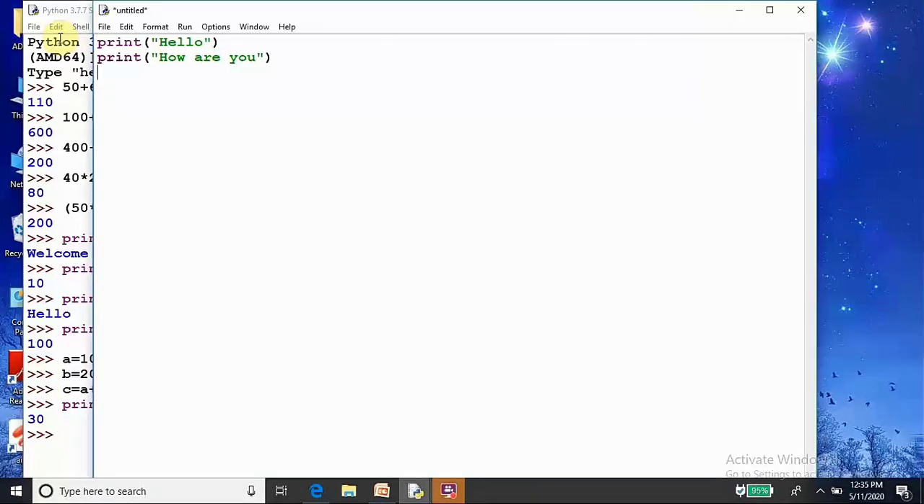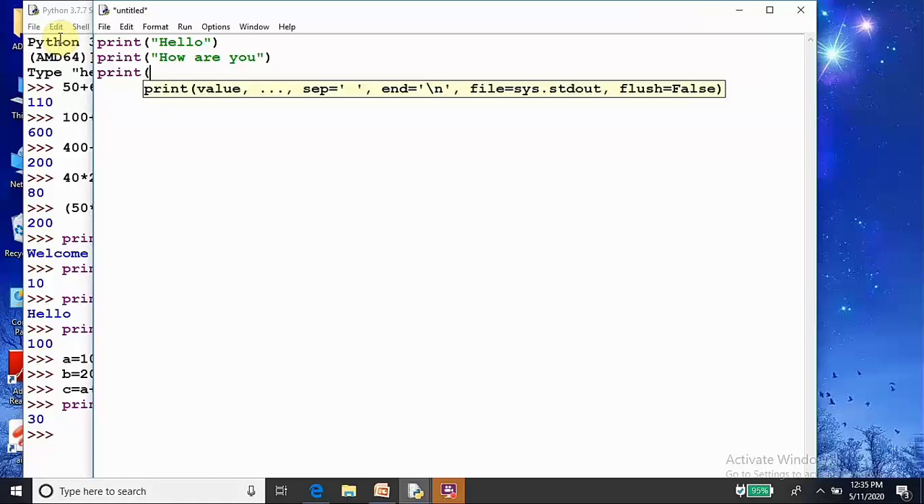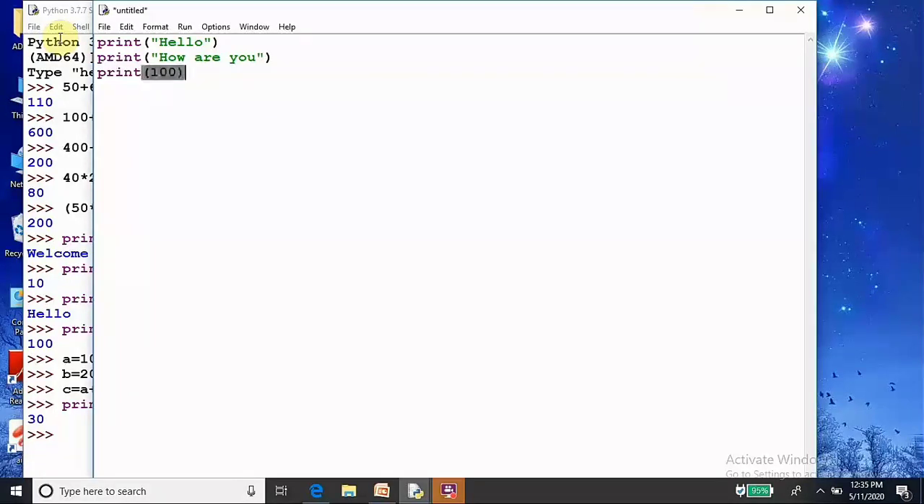As this message hello or how are you is enclosed in double quotes, these are the strings. Hello is a string, how are you is a string, so it is enclosed in double quotes. If there is a value, only print 100. Okay, so